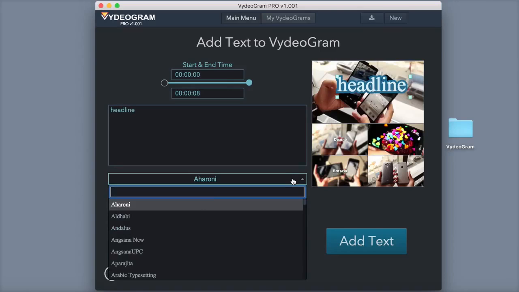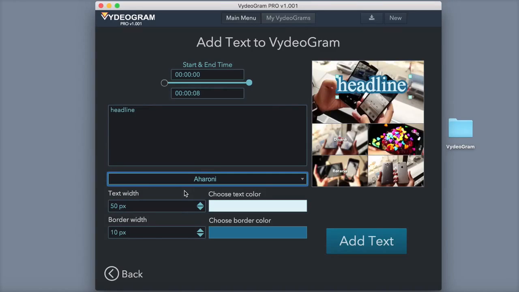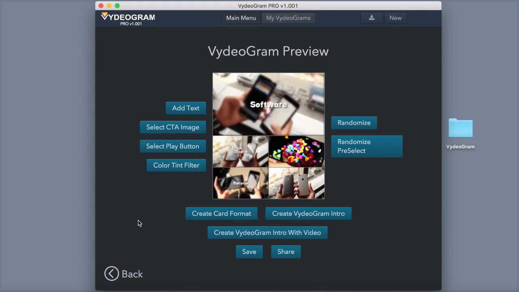Down below that, we have some fonts that we can choose from. We can adjust the size from here. We can change the text width and the border width. And we can also choose the text color and the border color. So you can play with that, and when you have it configured the way that you like, you can go ahead and click on Add Text. I'm going to cancel that for now because the next thing I want to jump into is the